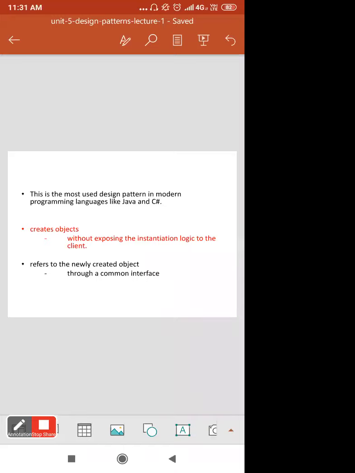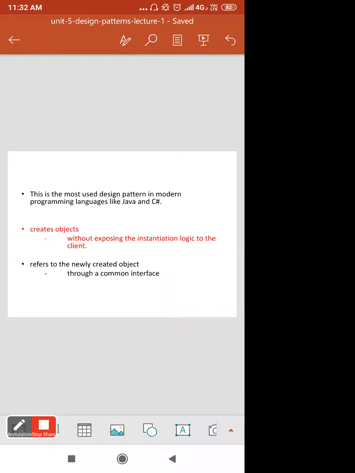Basically, as an example, suppose a client wants to use some product. He can't directly access that product, but instead he has some